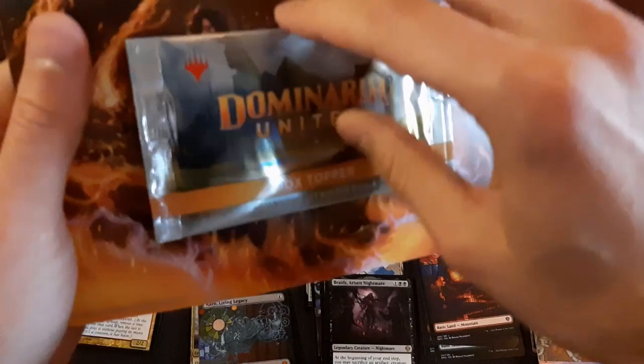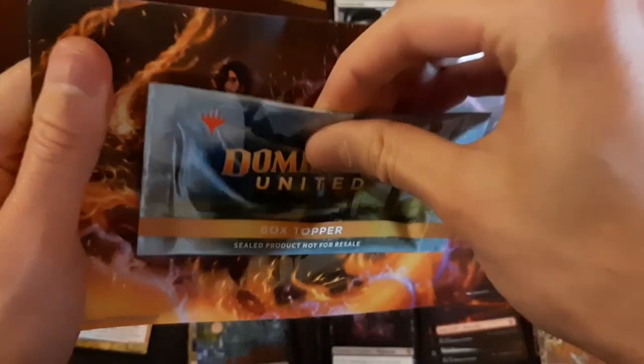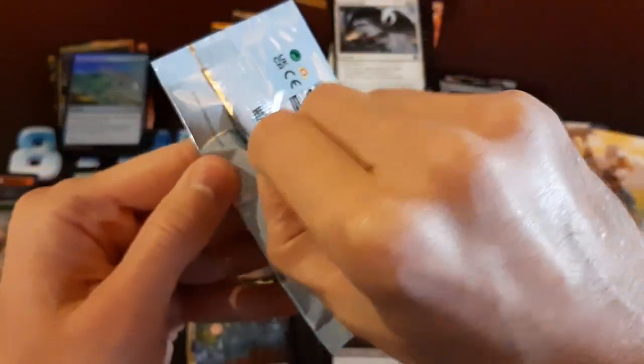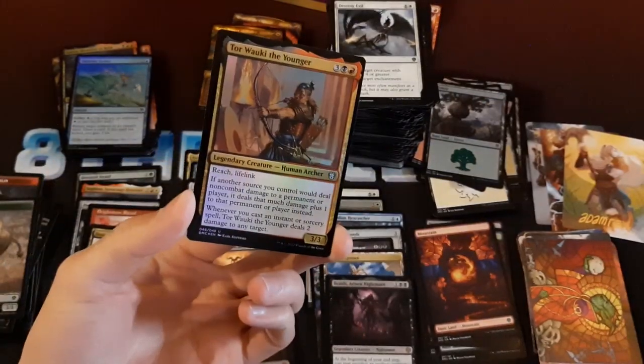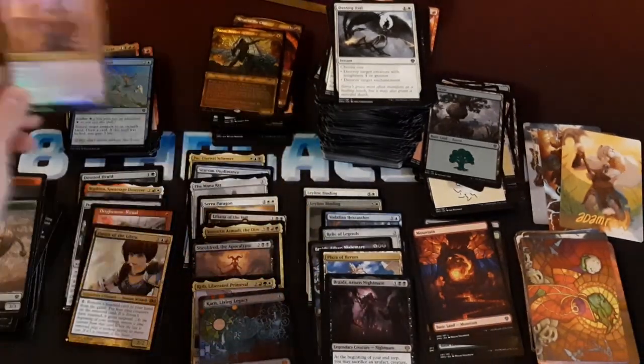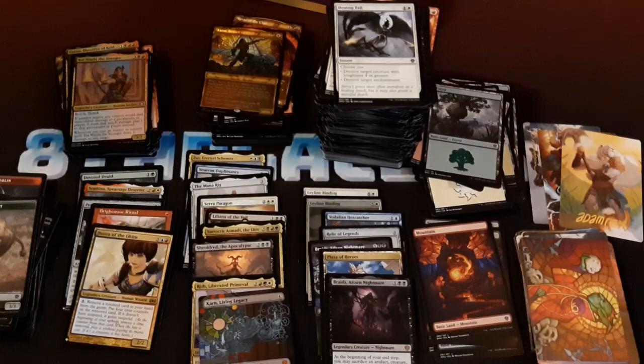Alright, the box topper as well. Try and get this off without wrecking it. Difficult. We've got Poor Walkie, the uncommon. Well, you can go here. Alright, so I'm going to take a closer look at these and come back to you in just a moment